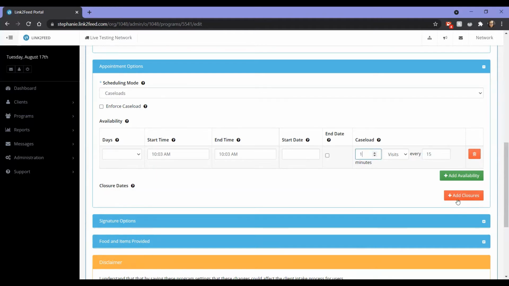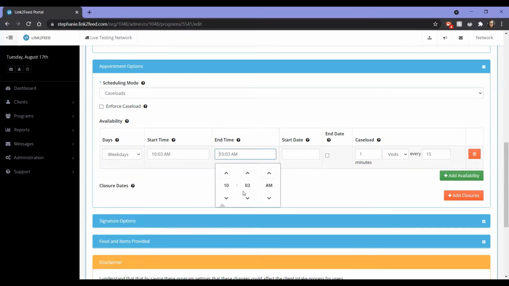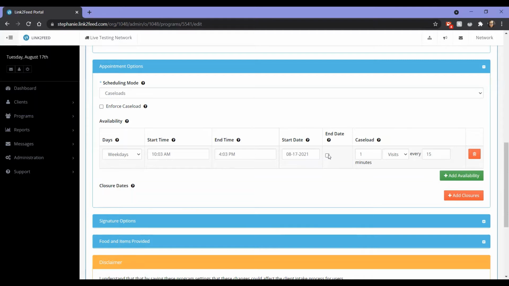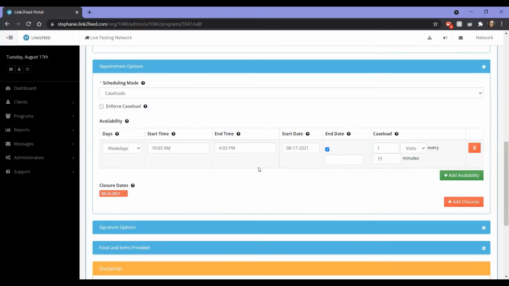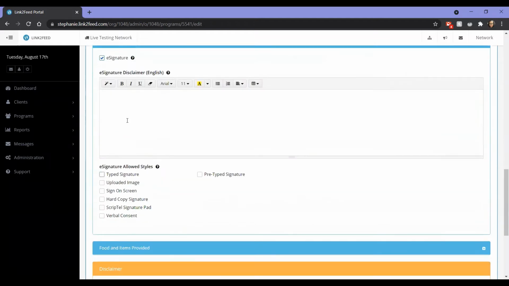And then there could be exceptions like closures. So if this is something that's set up on the weekdays, no end date here, but on Monday, on the 23rd, I'm closed. It will check the system for if there are any existing appointments for that day. If there are, it will not let you set this closure date. It will tell you that there are appointments scheduled. But if there are not any appointments, it will allow you to set that. Other options include signature tracking,